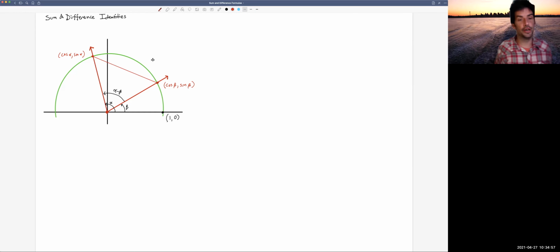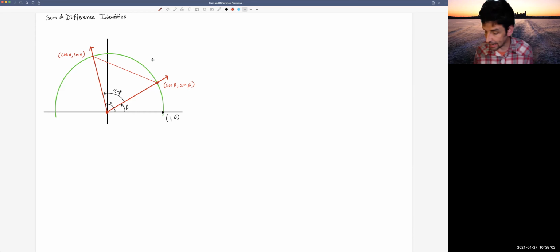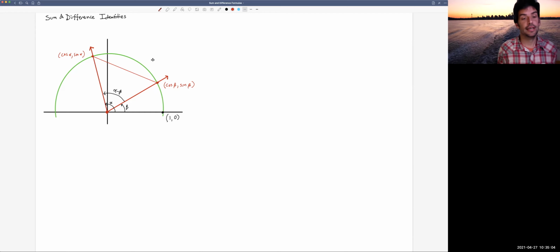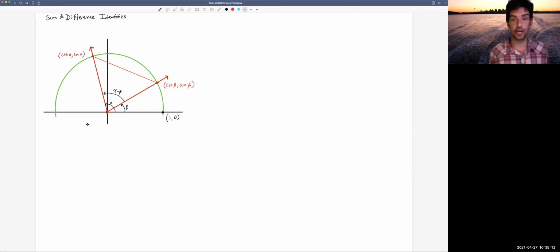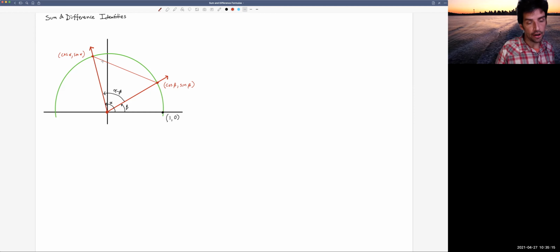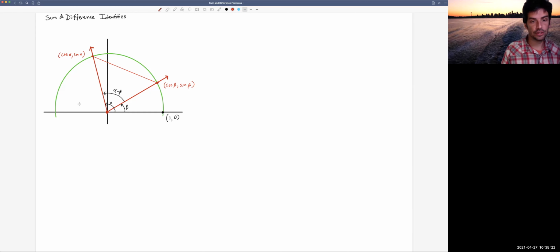Okay. So there we see I've made a little triangle. Now notice that the vertex of this triangle that's at the origin is that angle alpha minus beta. Okay, so we're going to use that idea in a moment. I also want to give a name to the length of this. The one across from alpha minus beta, I'm just going to call it L1,